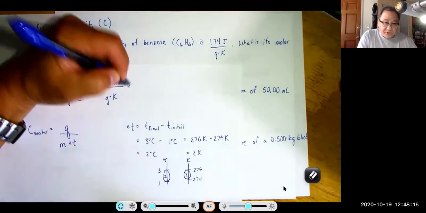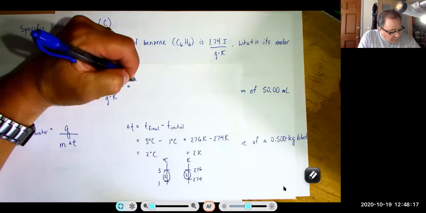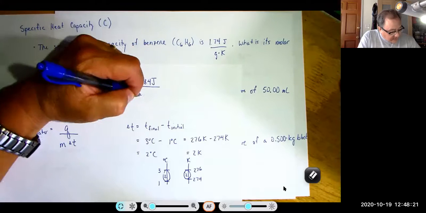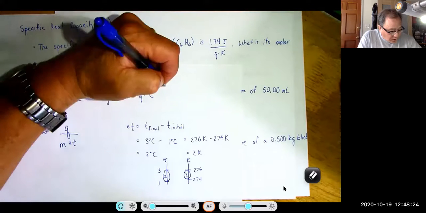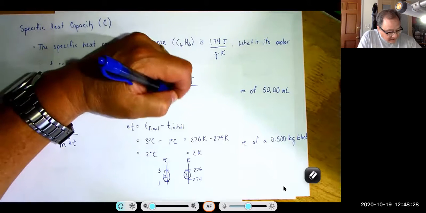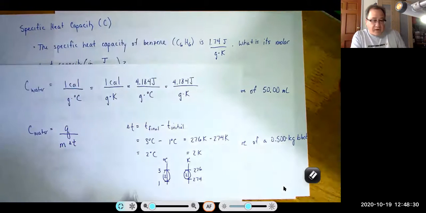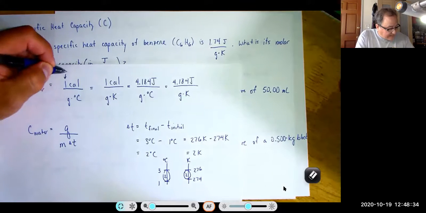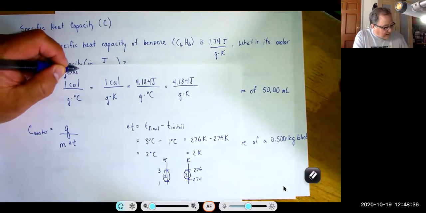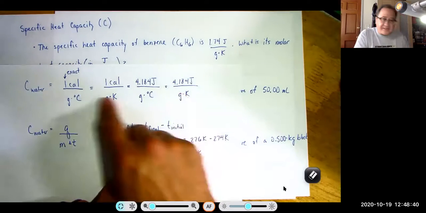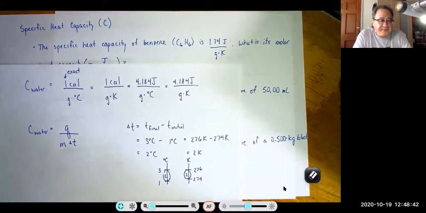Now, sometimes we do this in joules, which means you would have 4.184 joules over gram degree Celsius, or 4.184 joules over gram Kelvin, because 4.184 is equal to 1 cal. This is exact because that's defined for water. Now, the specific heat capacity is different for different objects. I think for aluminum, it's a